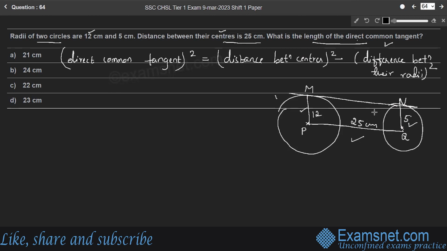Therefore, the direct common tangent squared, which is MN squared, is equal to